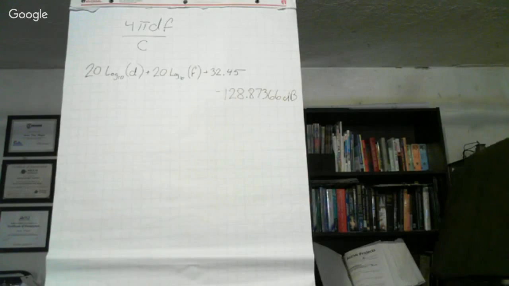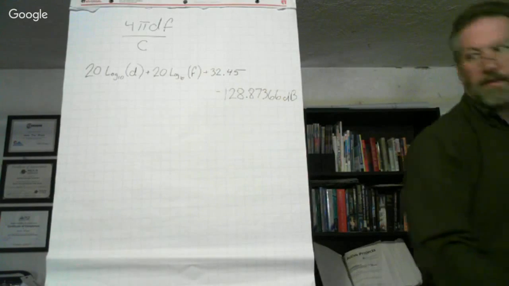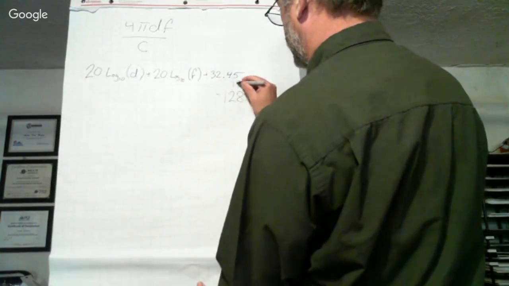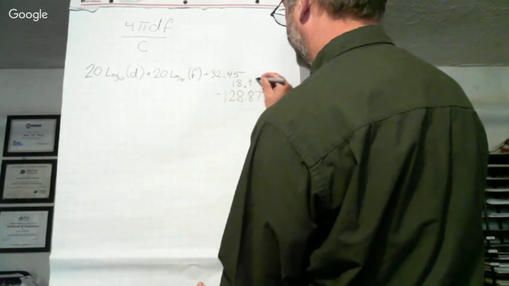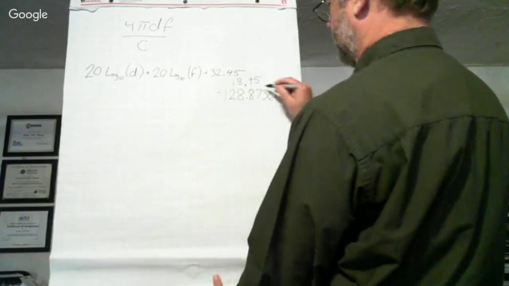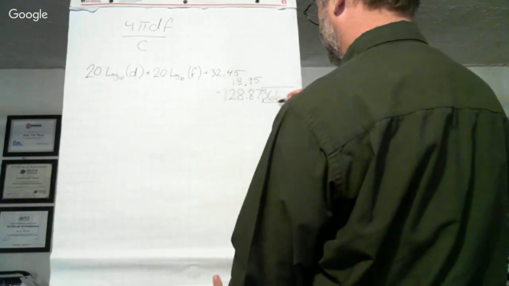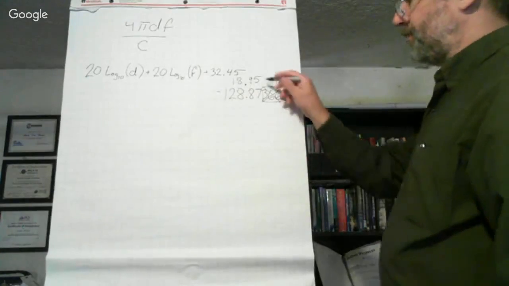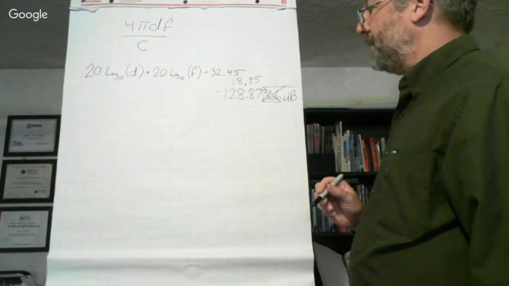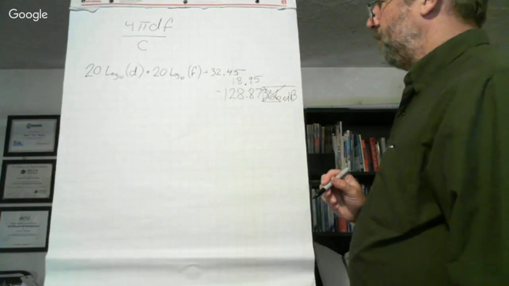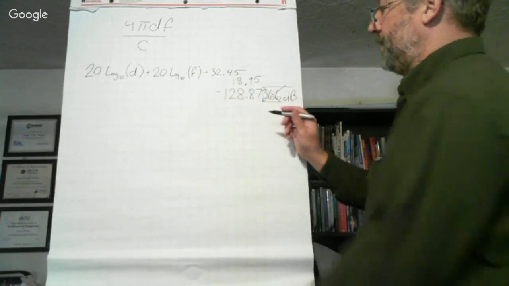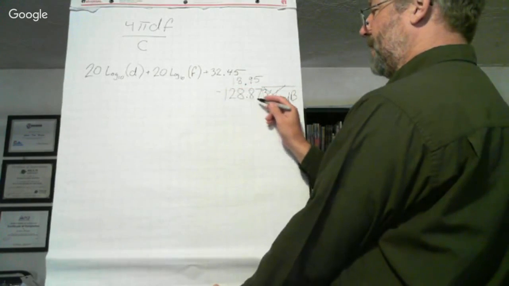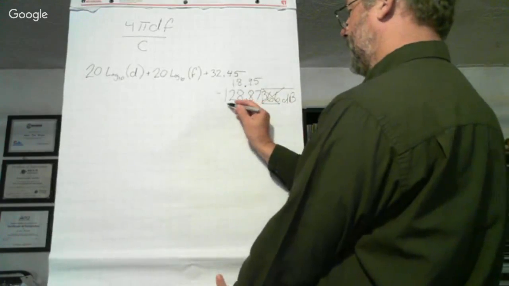So we started out with 18.95. You know what? Let's not even worry about those smaller figures. Let's just truncate it at 2 decimal places and be done with it. Well, what do we have? If we take 18.95 and subtract 128.87,